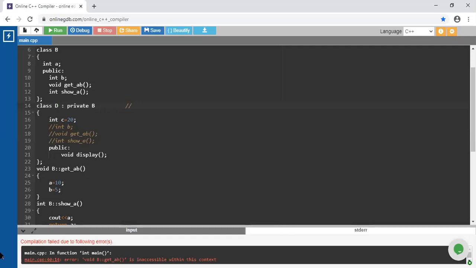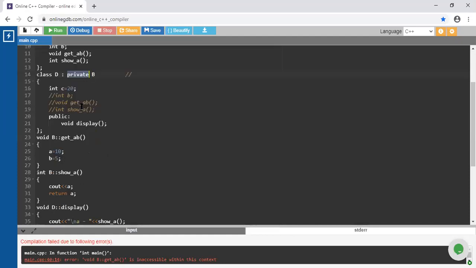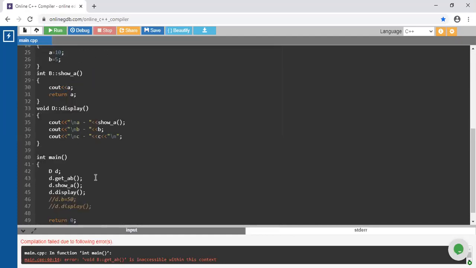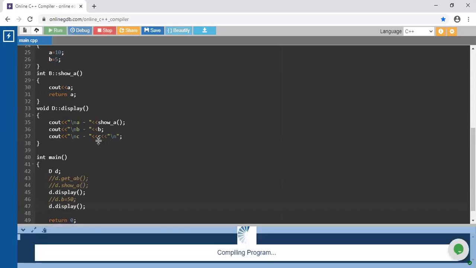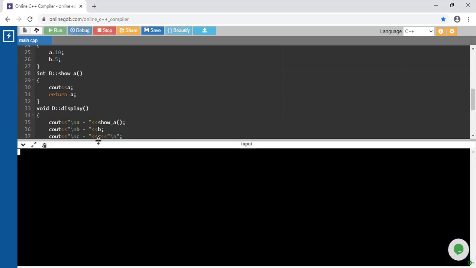So suppose I use private B and comment this code, the getAB. For the display function, it will work properly because that display method is by default available inside that class.